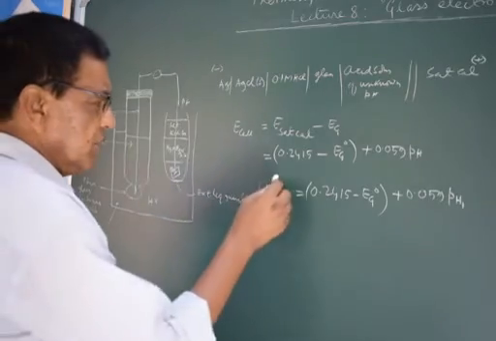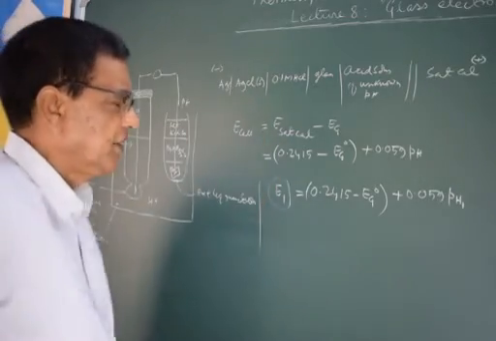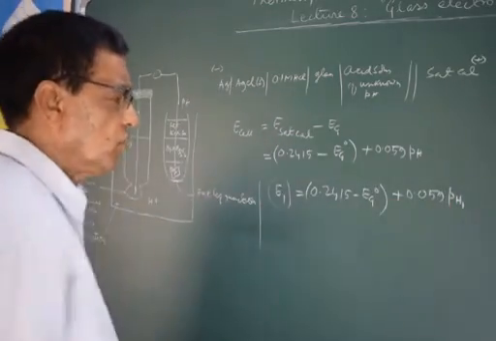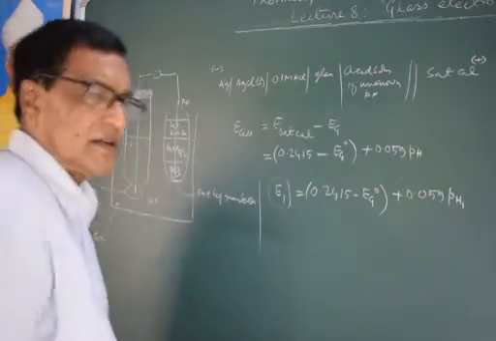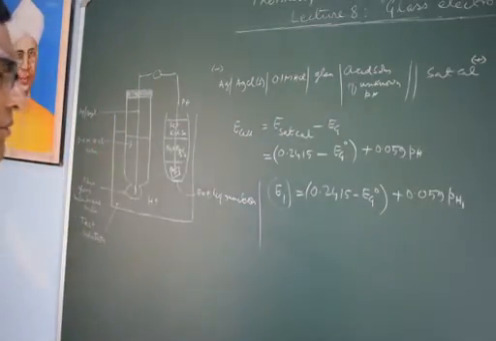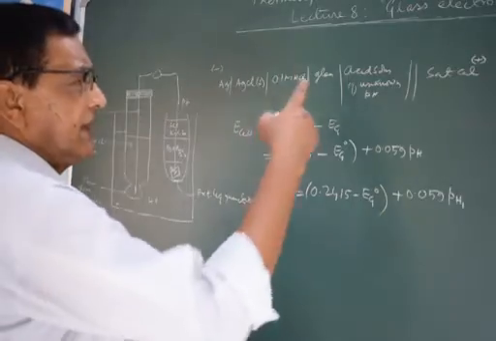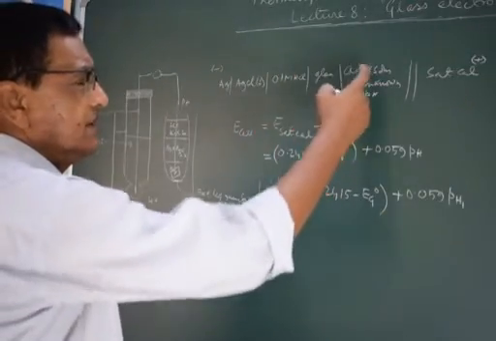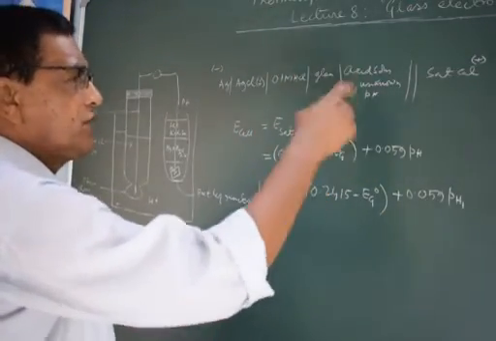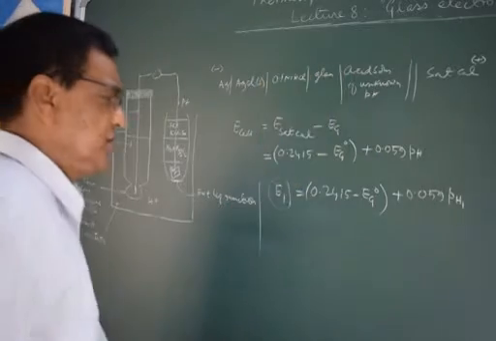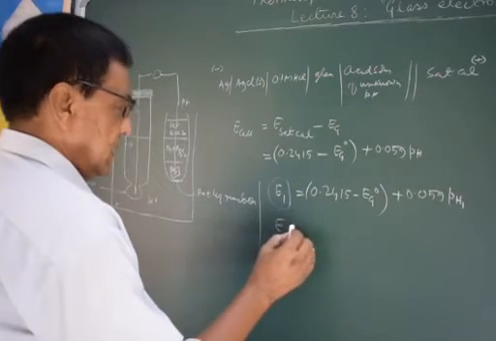So if we can determine this E1, and this one is also known, then this constant we can find out. Then this buffer solution is replaced by a solution of unknown pH, and suppose E in this